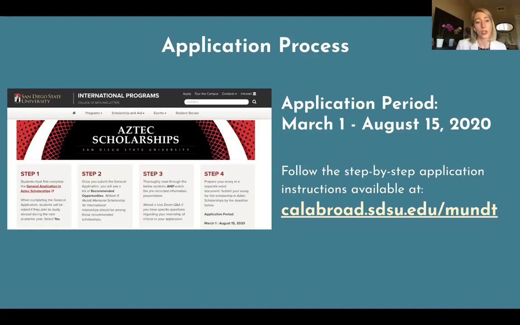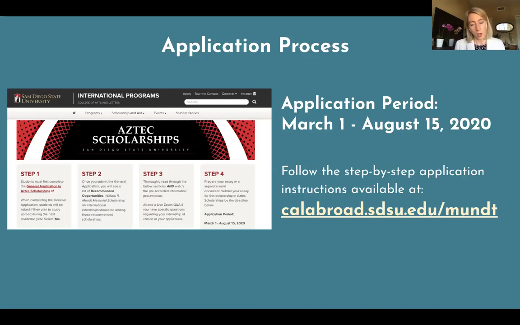So that general application is nice because it will pre-match you with scholarships you're eligible for. You will find that, wow, you just received a scholarship for $500 that you never knew existed. It pre-matched you for some other scholarships that you didn't need to do any extra supplemental steps for.